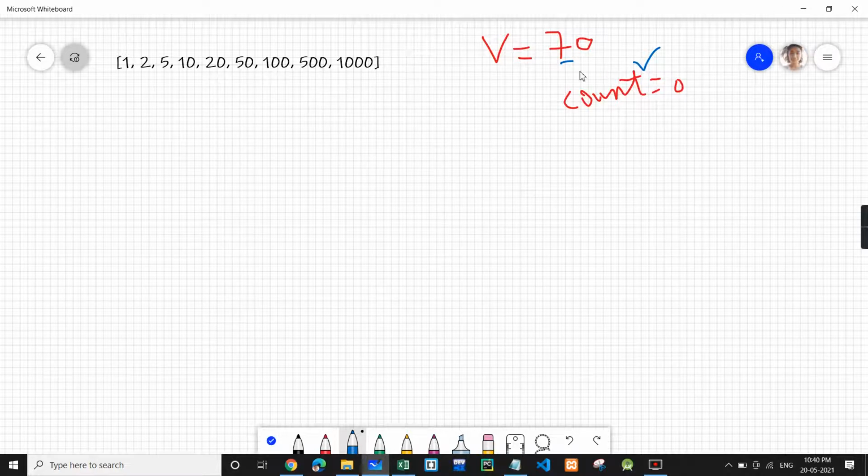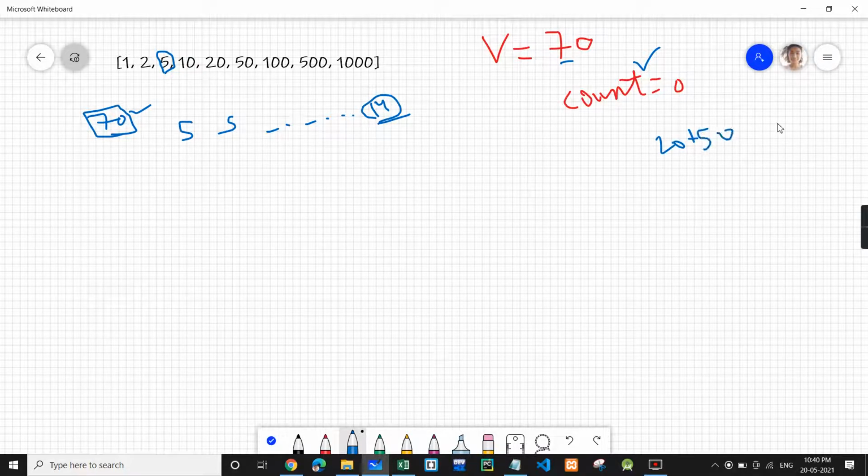For example, if we have 70, we can take 5, 5, 5, like we can take 14 coins of 5, and then we can make a change of 70. But we need to find the minimum number of coins. In this case, if we take 5 denomination, we will get 14 coins, but we just saw that we can take 20 and 50.